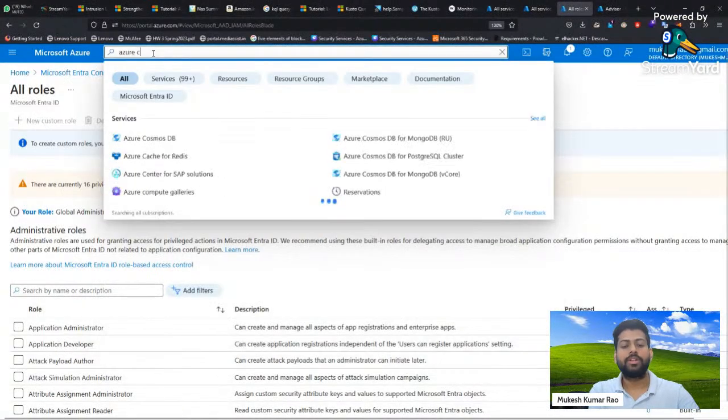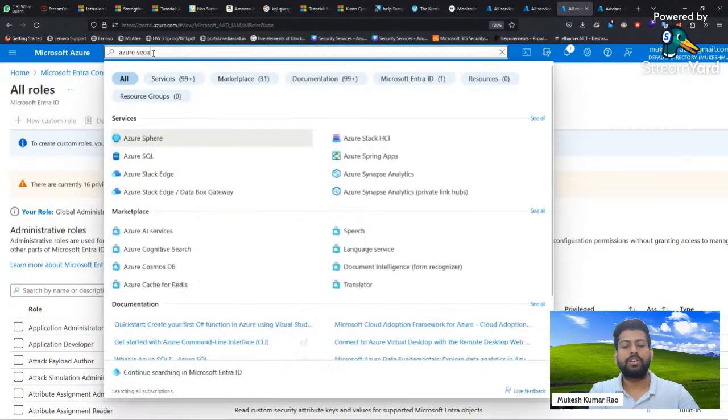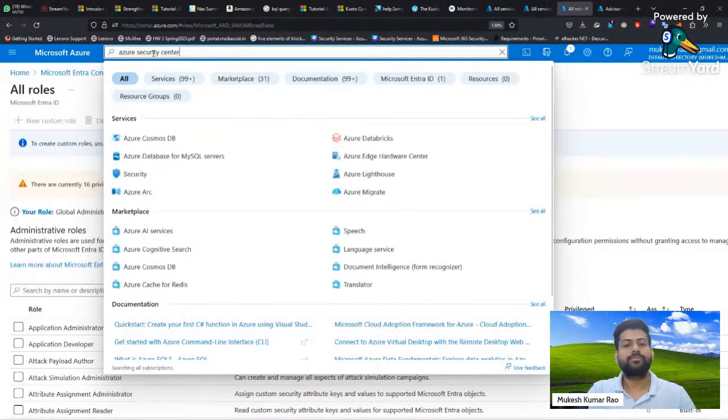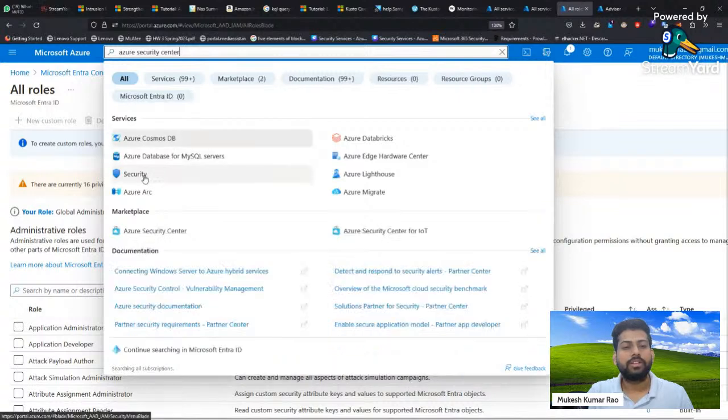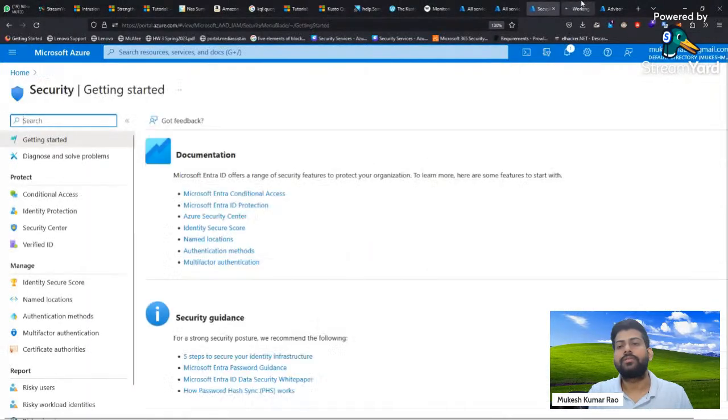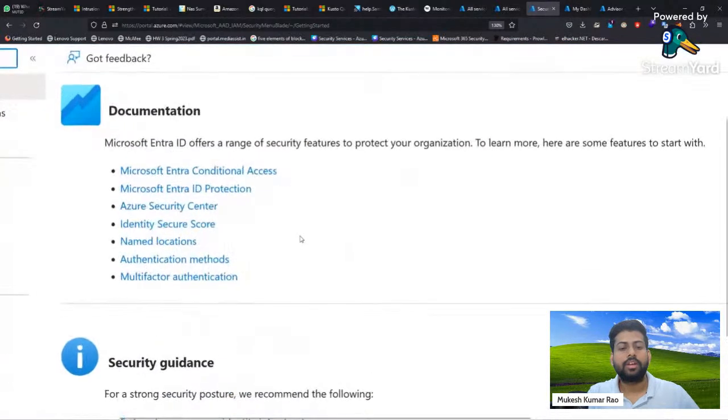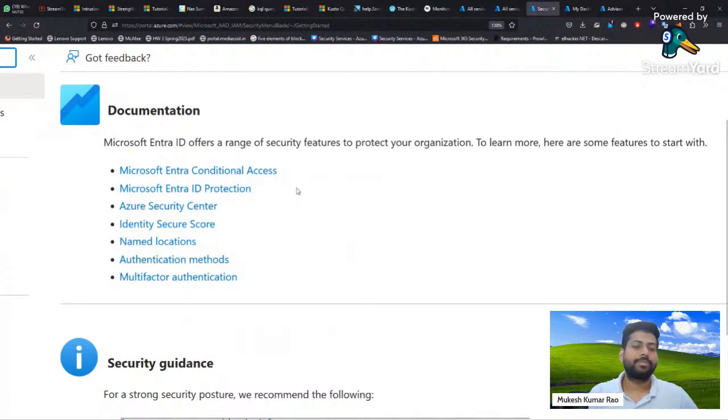So if you go here in the dashboard and search for Azure Security Center. Okay, so I think they are changing it. This is the dashboard. It is available in the marketplace, and there you will get this. You will get all these different features, and all are premium. So in a free subscription you're not able to go into all the details, but you can read all the official documents, the links I have already provided in the WhatsApp group. So there we have Entra ID Protection and conditional access, that is related to RBAC.